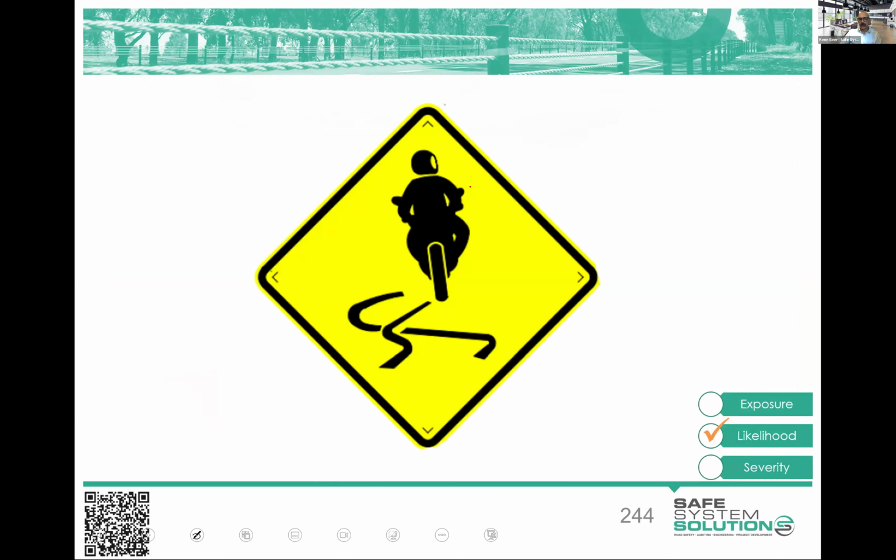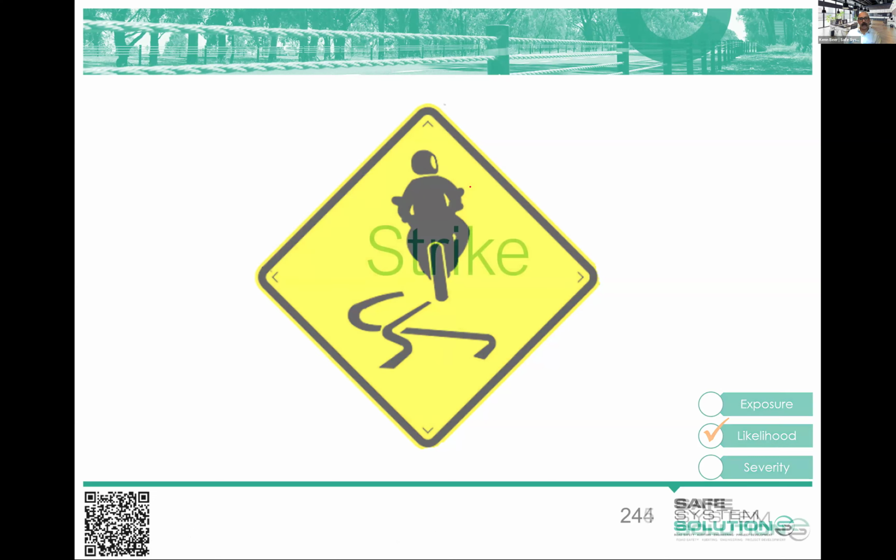We can talk directly to motorcyclists, I suppose, using this sign, which is used around Australia. If you've got a particular hazard for a motorcyclist over other road users, you can put this sign up, maybe with a supplementary plate. So it might be a surface issue that hasn't been rectified yet, and you want to warn motorcyclists of it. It's quite an effective sign in that sense.